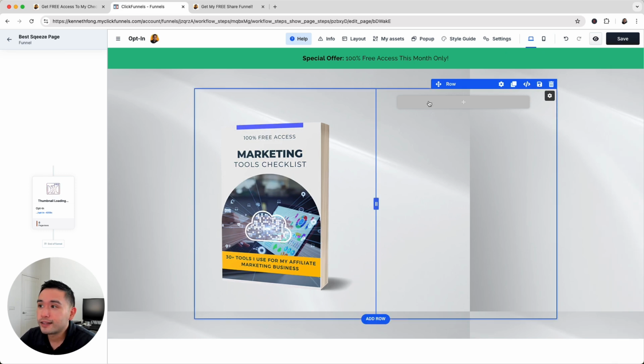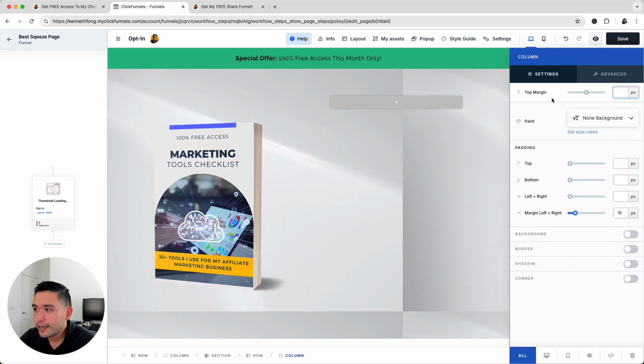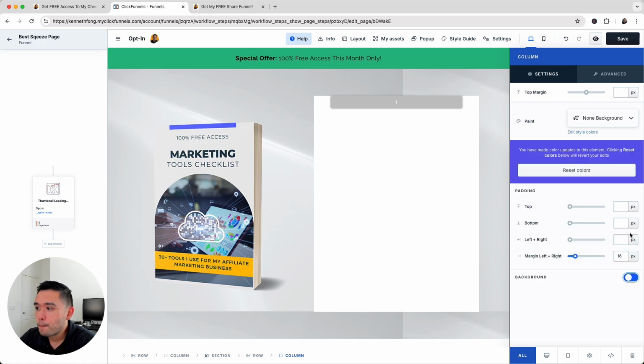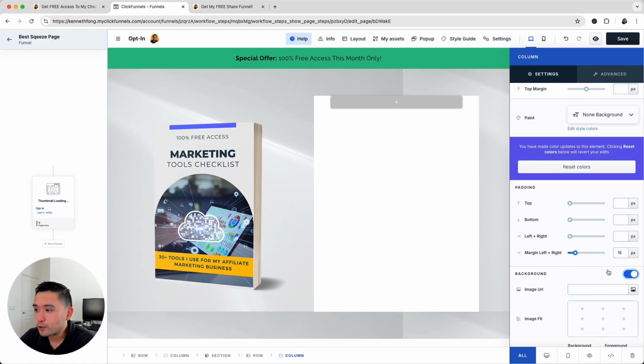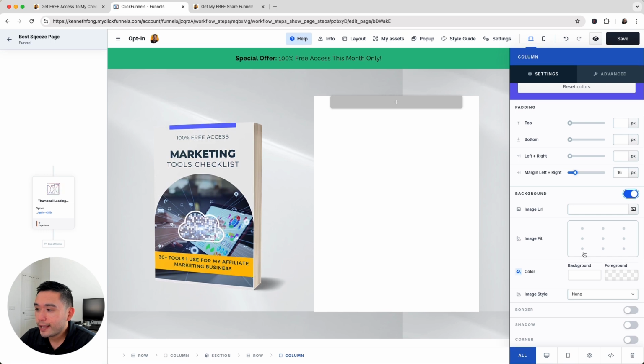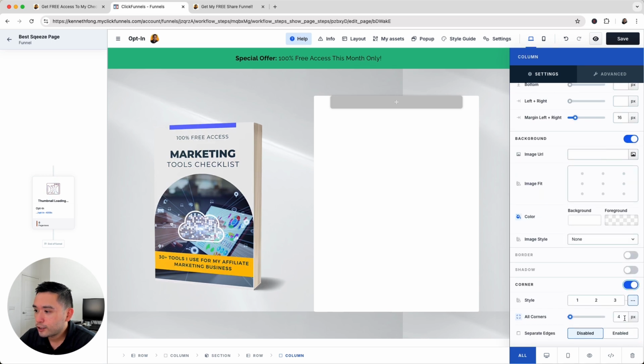Now let's work on this second column. So I'm going to click on the column settings, and I first want to add a background so I can actually see the form, okay? So I'm going to click on background. It's white, so it's perfect. I also want to make the corners more rounded because this 90 degree is a little too sharp. So I'm going to toggle the corners on, and I want to change all corners to 15 pixels, so much